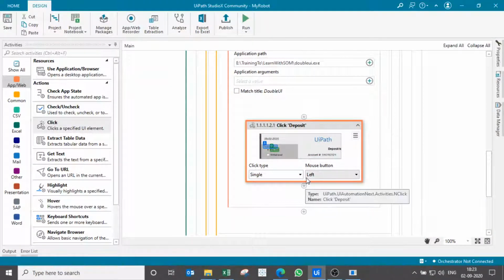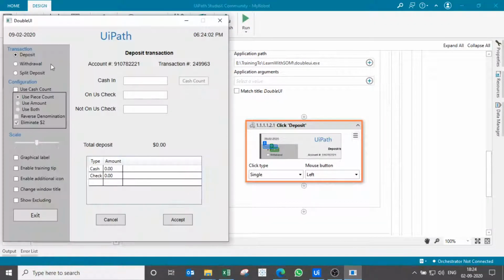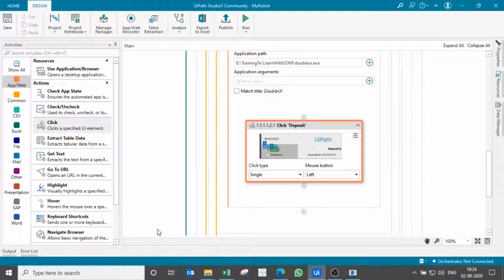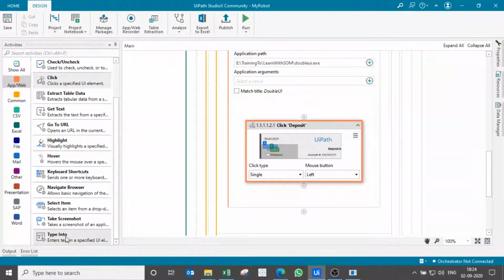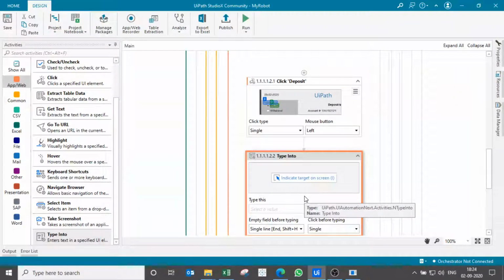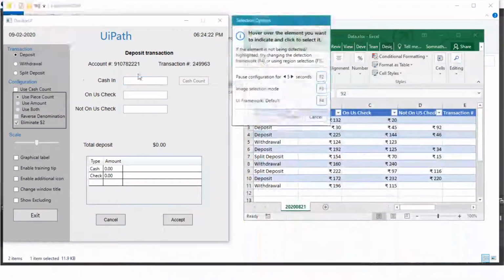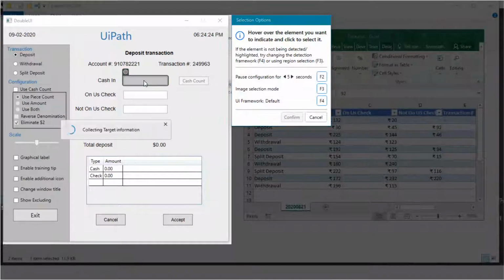Now we will have a type into action, because after clicking this we have to type something. So we have to type into here. Let us add a type into activity below this. Okay, now again let us indicate the target on the screen, and this is my target.